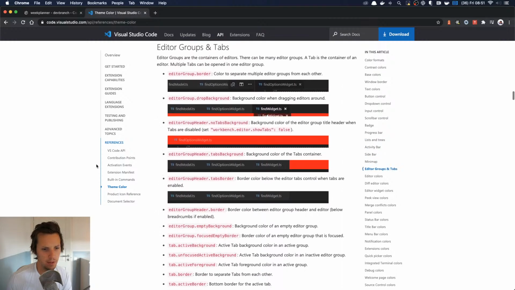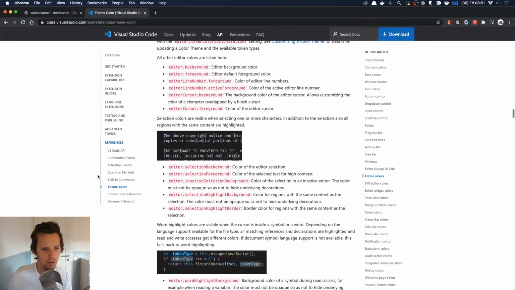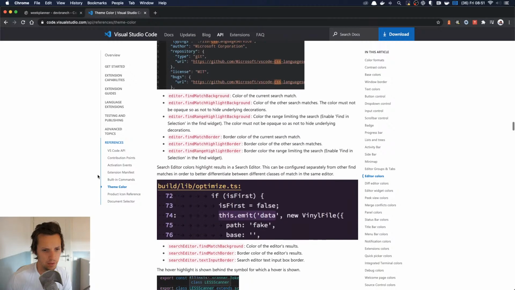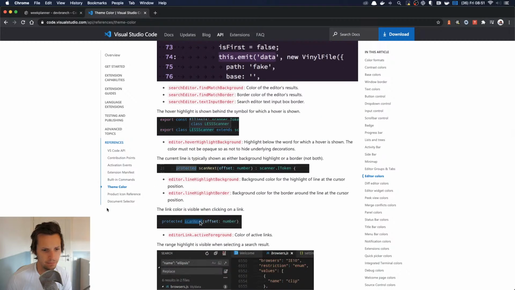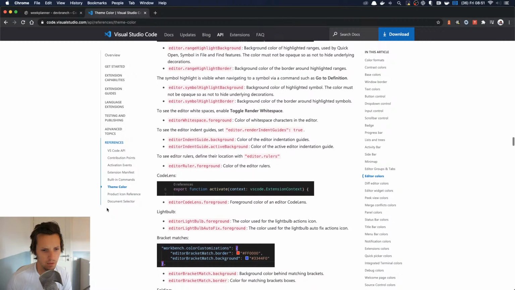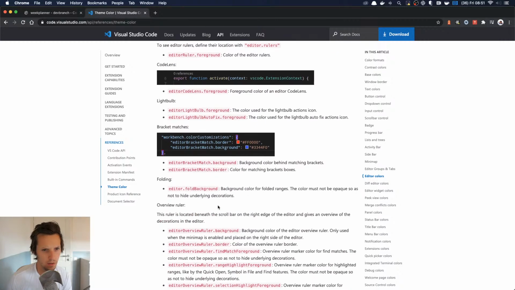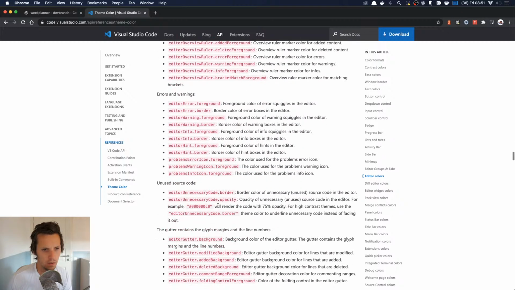Minimap, editor groups, editor colors. It doesn't, I don't think it has the actual code. This is more like